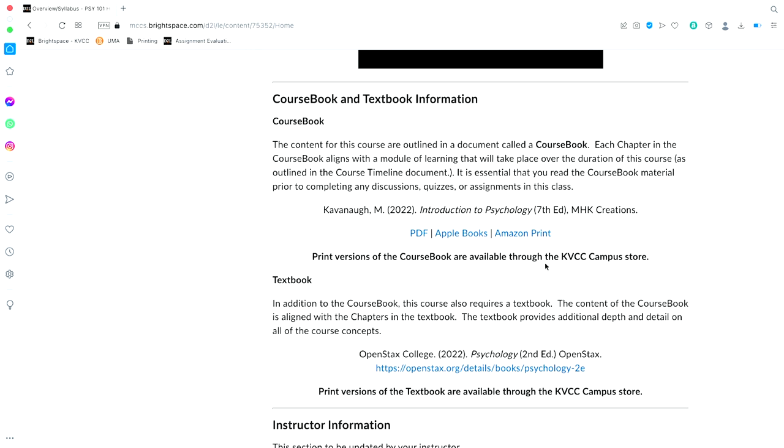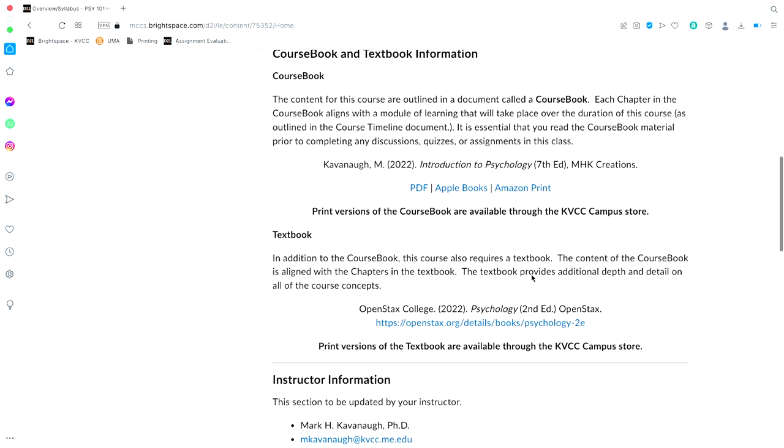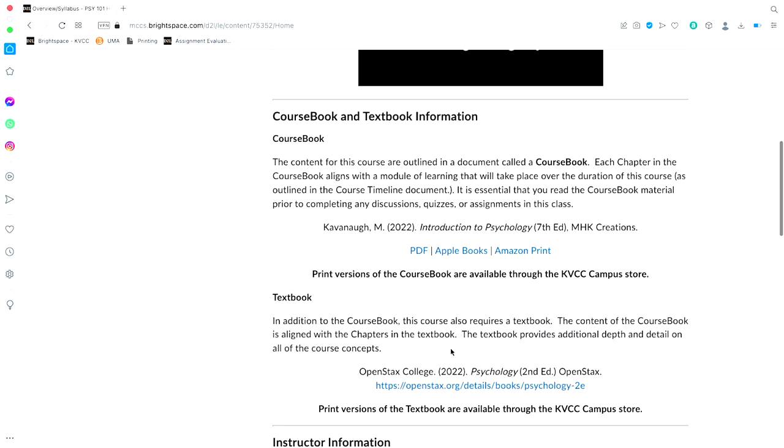There are all kinds of ways to get that. Over here, we have the textbook, which is an OpenStax College textbook. This is free if you go to this website, but you can also buy a version of it here. There's other information here about the course.